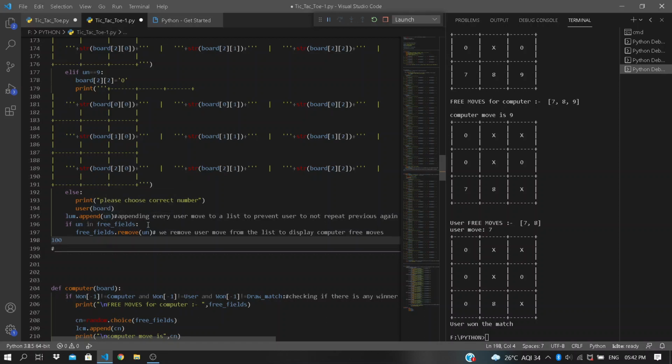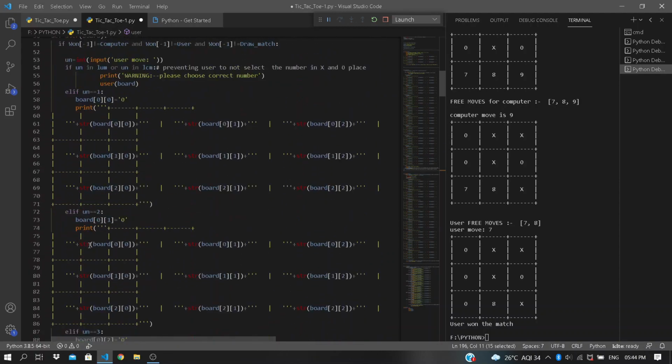Guys, just think, if we didn't provide this if condition, and the user chose 100, it will raise a warning: please choose the correct number. The user function will be called again, and it will try to remove this 100 from prefills. There is no 100 in our prefills list, right?